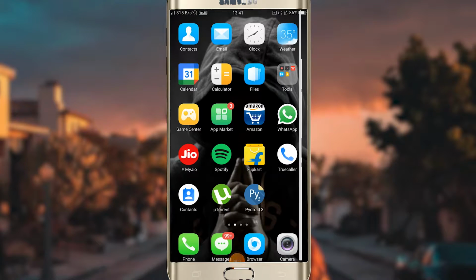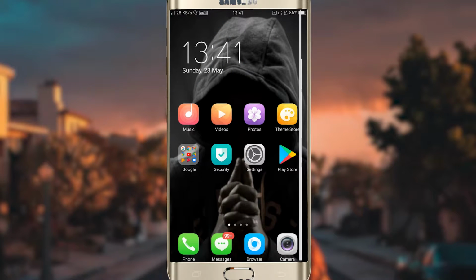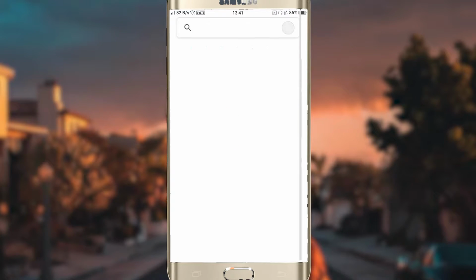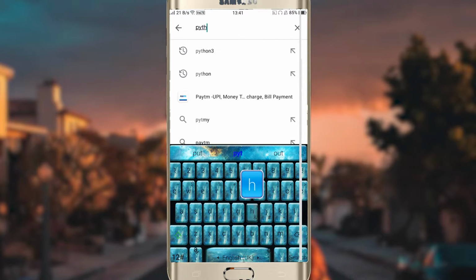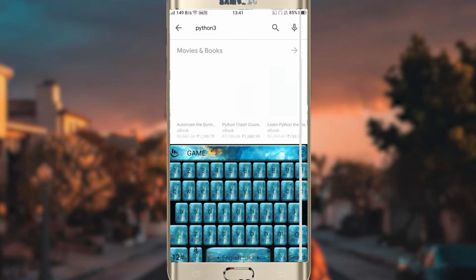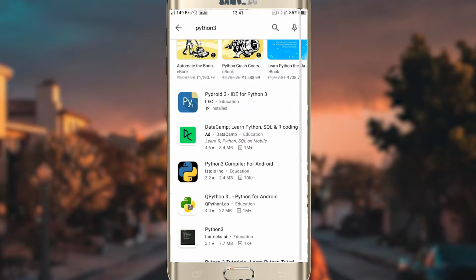So friends, you have to install the application. For installing the application, we need to go to the Play Store, and after going to the Play Store, you should search for Python 3. Okay, and hit search, and after that this Python 3 will come up,